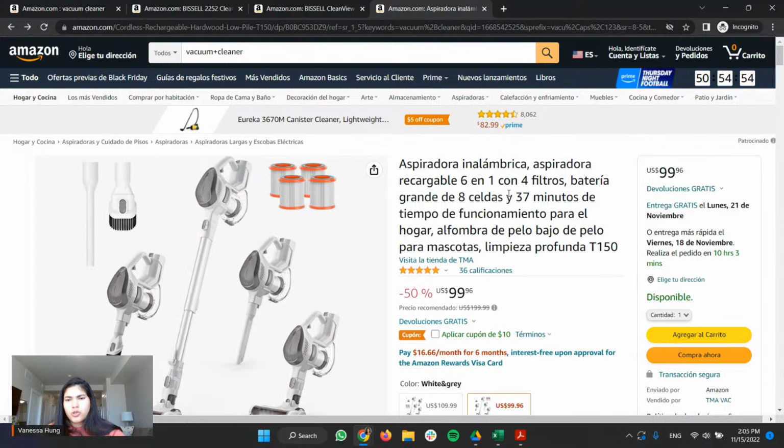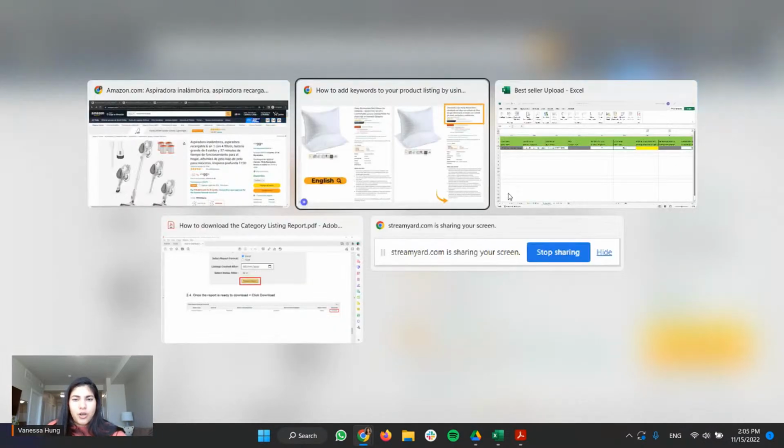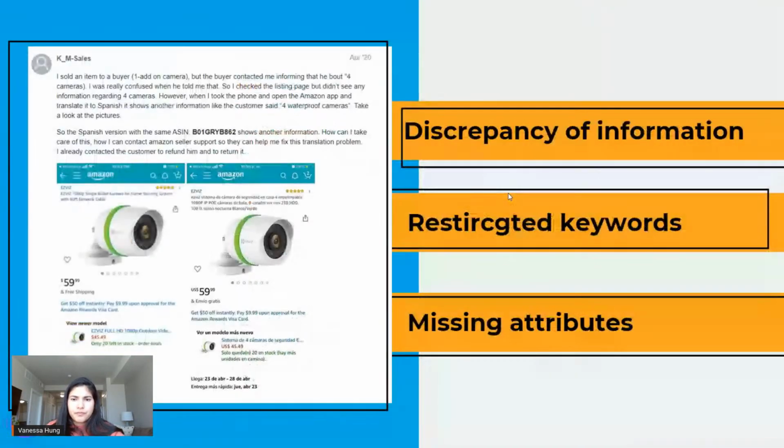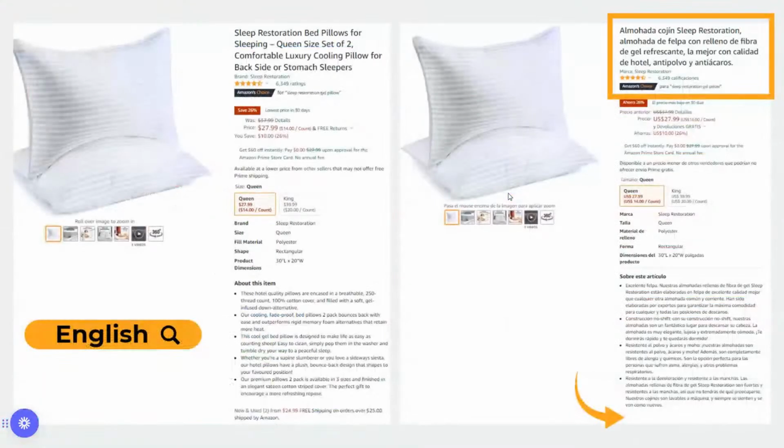That's why it's so important that you do it, because you can come across issues, and the only way to solve it is just changing the translation. So be mindful if you ever get into a situation like that. Super frequent. And then missing attributes, as I showed you, I was missing in the title information, or I was also missing a bullet point. I've seen listings in Spanish that are missing the A+ content, description, a bunch of different sections completely.